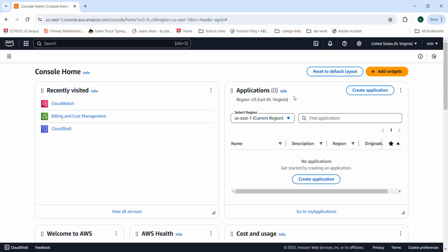Hello all. Today what we are going to do is deploy a Hello World on the cloud platform AWS. So for that, what is the basic requirement? We should have an account on AWS. You can have a free tier account for AWS, and here you can see I have already logged into my account. So to deploy a Hello World, first we need to go to the console.